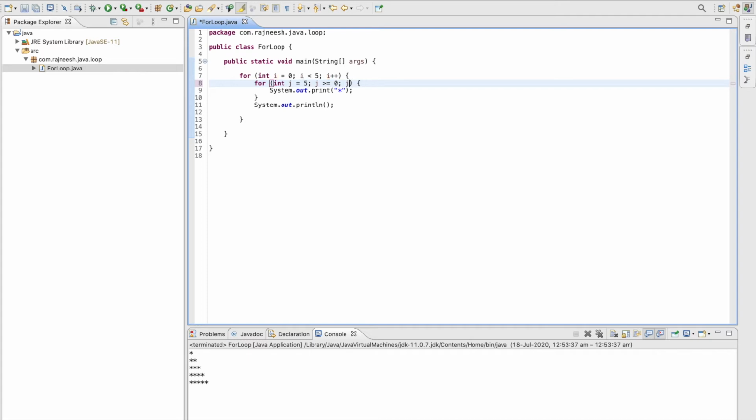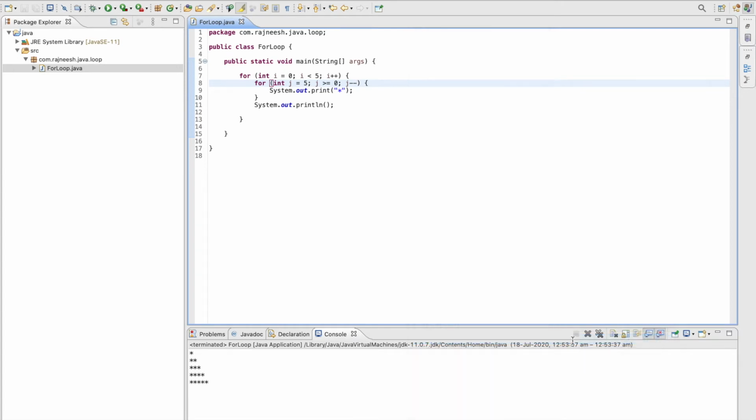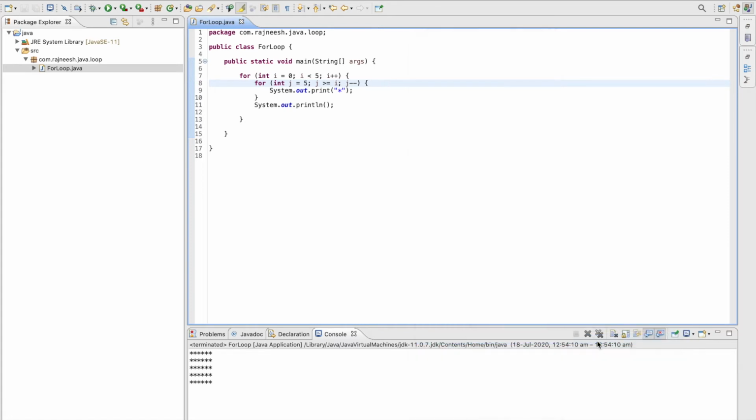It's just the upside down I will do, and now if I run the same, you can see what output is coming out. Oh, there's a mistake. I need to change j equals 0 to j greater than equals i, and now again I will run it. So what will happen? It will create the upside down version of the triangle that was printed earlier.